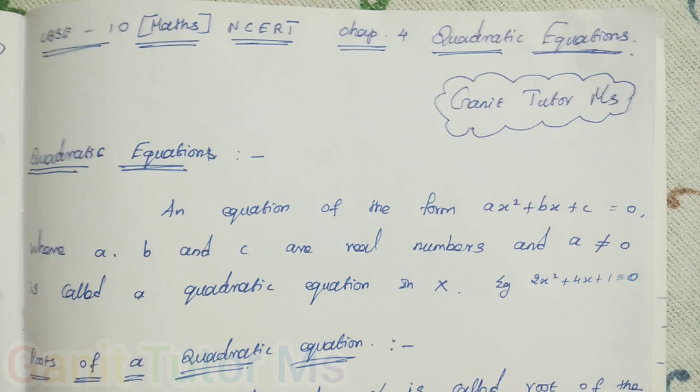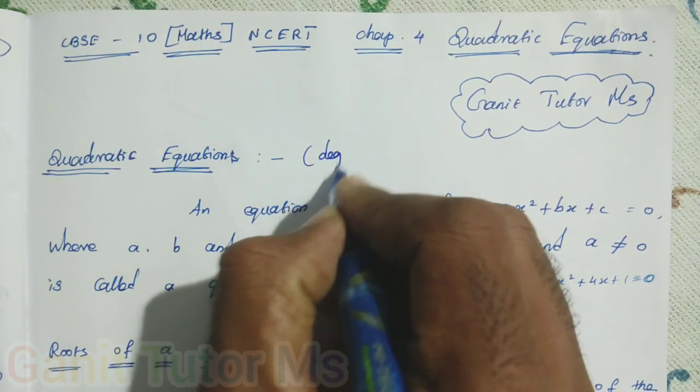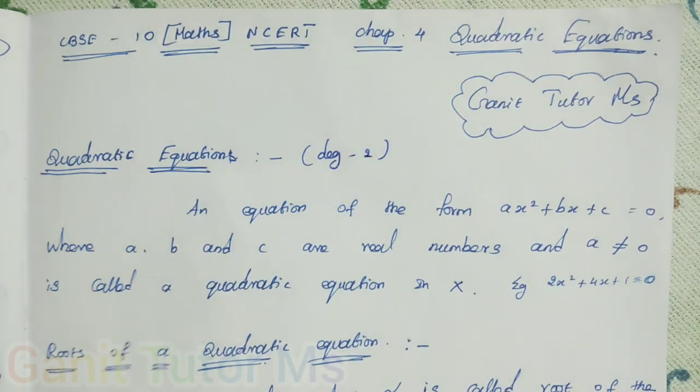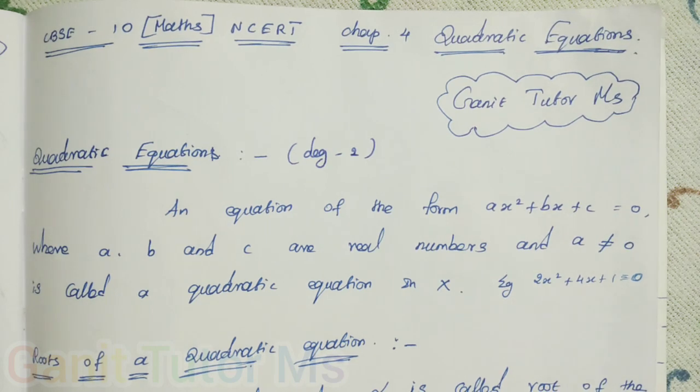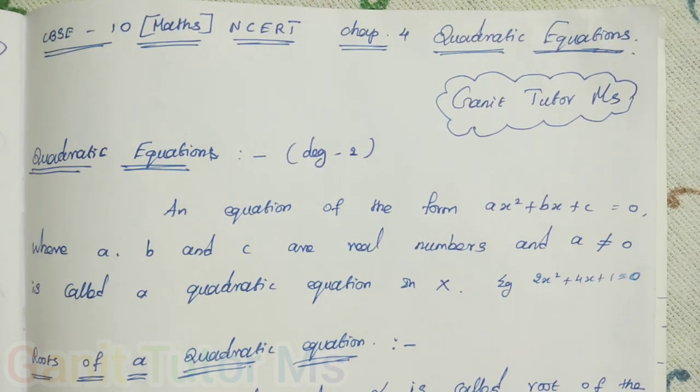Quadratic equation means we know that the degree of the polynomial is 2. So when the degree of a polynomial is 2, we call it a quadratic polynomial. So here it is a given equation. A quadratic equation, an equation is nothing but something equal to 0. For example, 2x squared plus 4x plus 2 equal to 0. Right? So in this polynomial there should be an equal sign. It is an equation, and the equation has degree 2, so we call it a quadratic equation.